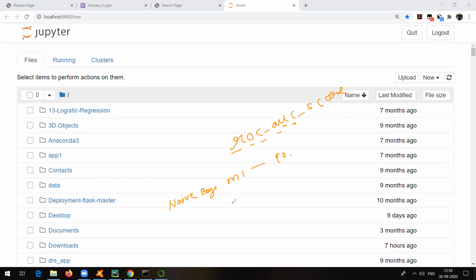For whichever model, the higher value is better. Suppose the model I developed with the Naive Bayes algorithm has a ROC AUC score of 90, another model developed with the XGBoost algorithm has 92, and the one with linear regression has 78, so I will go with the XGBoost one. This is what we do.